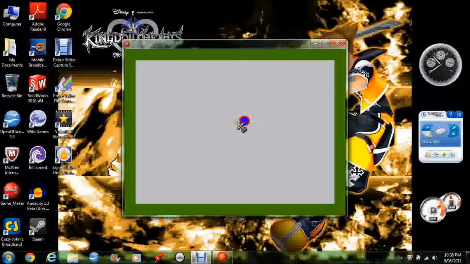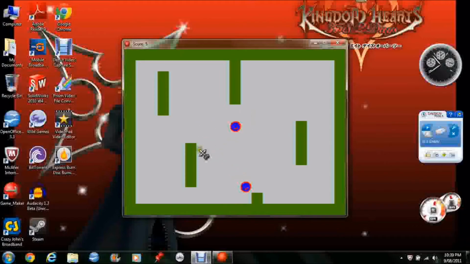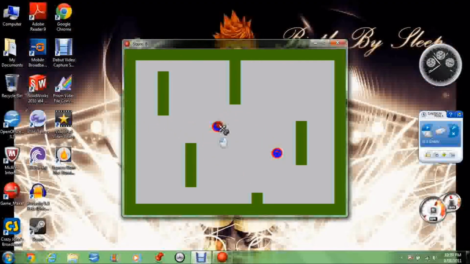Alright, we have a face there, click, 2 points, 3 points, 4 points, 5 points. There, and now they're going faster, 6, 7, no, 6, there we go, 7. Right, so,